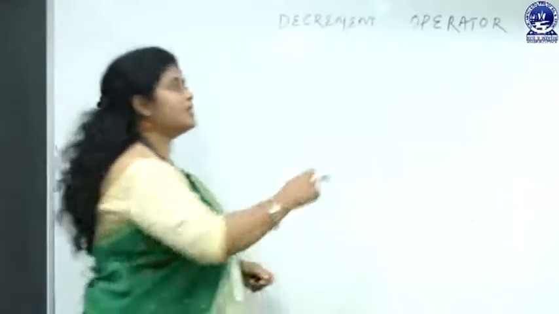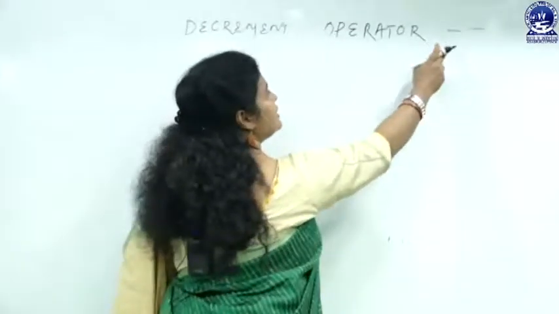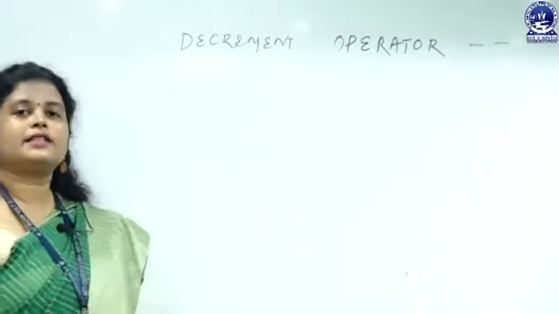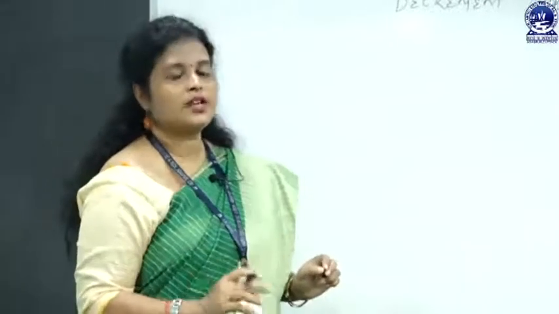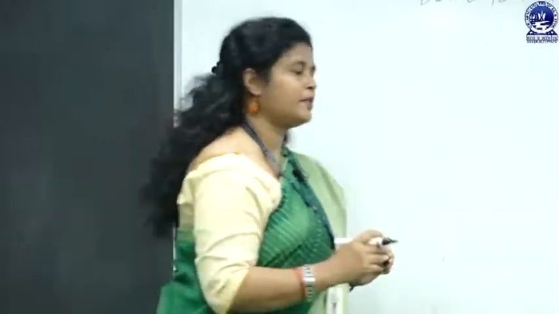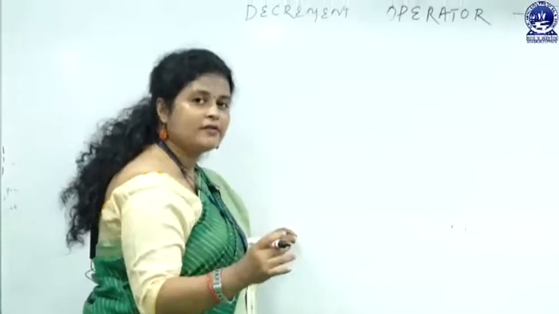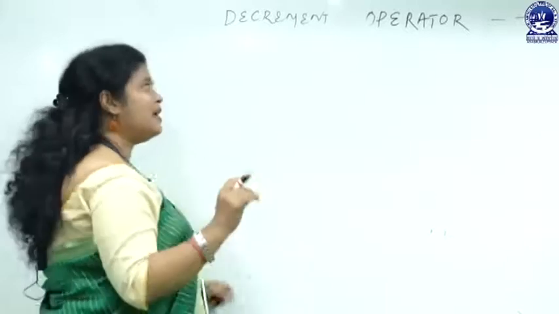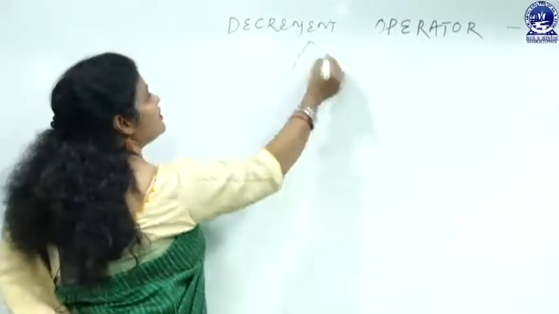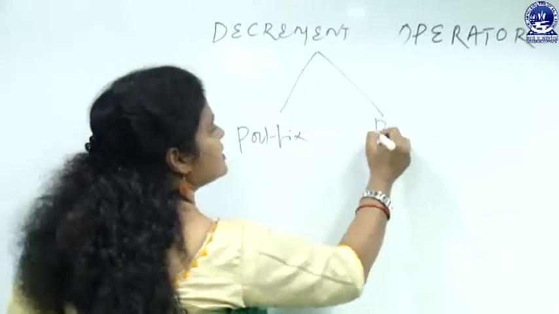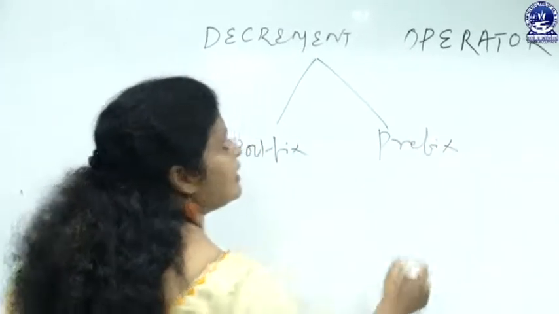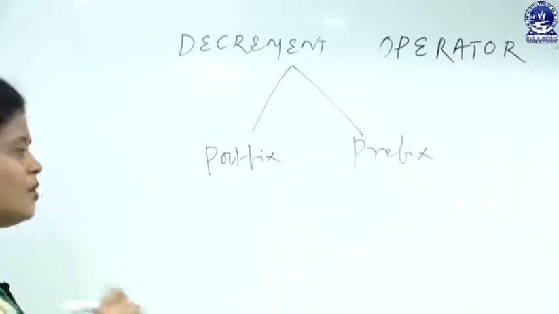Now I am going to discuss the decrement operator, that is --. It works in exactly the same fashion as the ++ operator, or increment operator. It decreases the value by 1 unit and also works in two different ways: postfix and prefix. Let me give one very small piece of code.